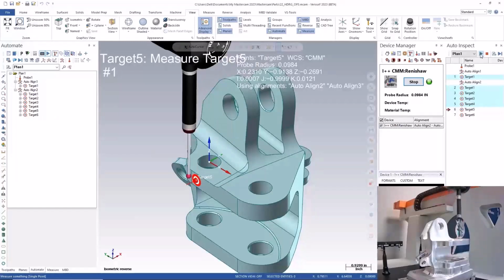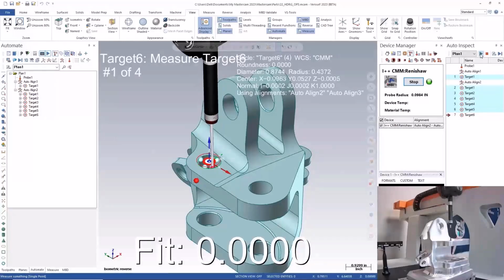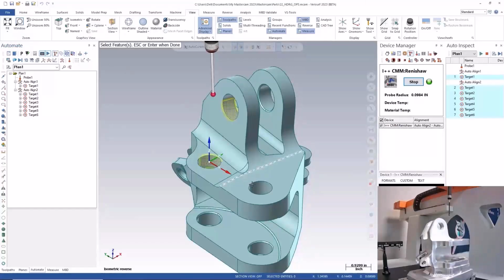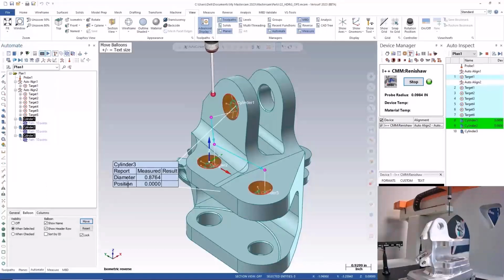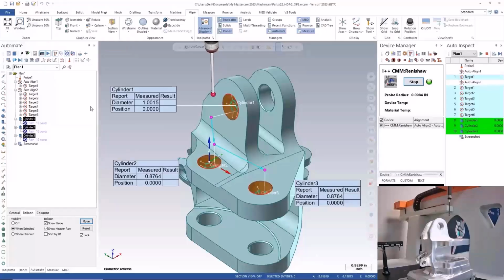Now, let's continue to build the inspection plan and then run a simulation to verify our pathing is collision-free. We're going to go after a few of the cylinders for diameter and position, and we'll also capture a screenshot to help communicate the inspection results. Now, let's have a look at the pathing and make sure that we don't see any collisions before we run